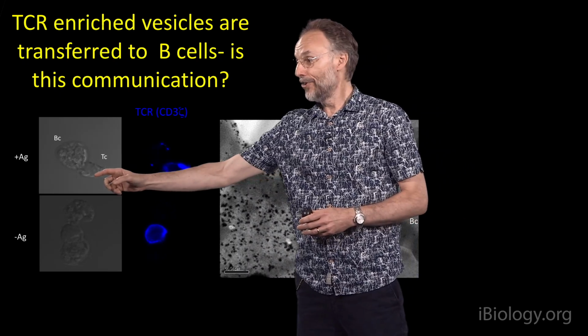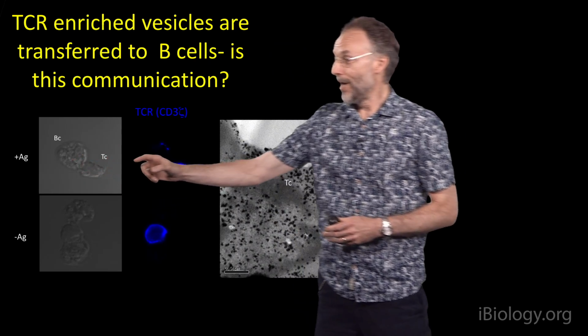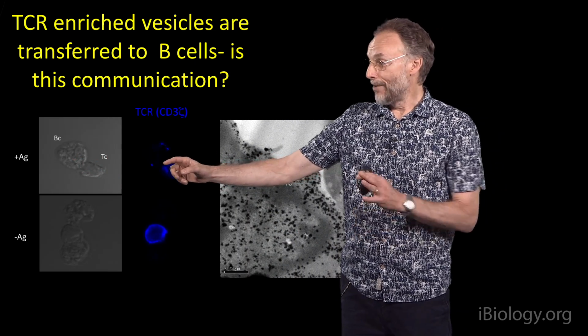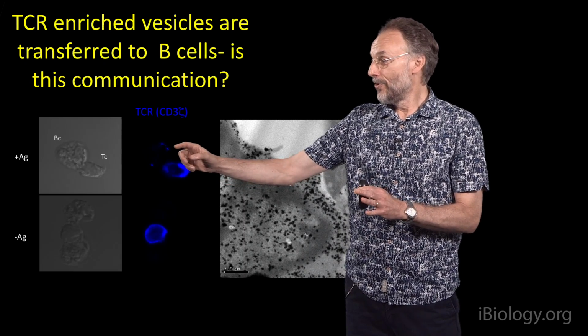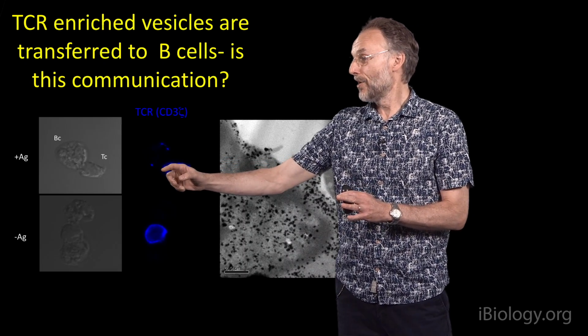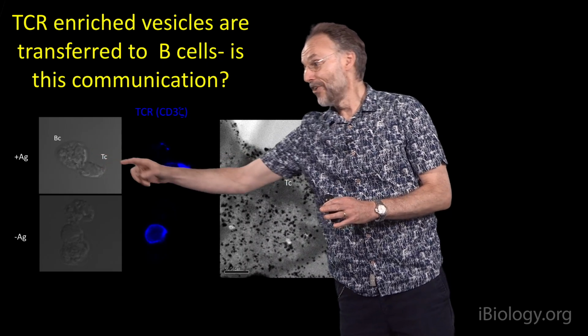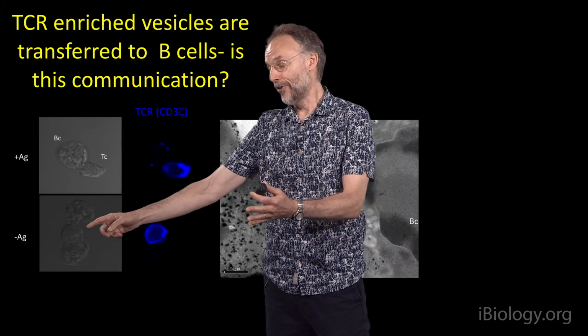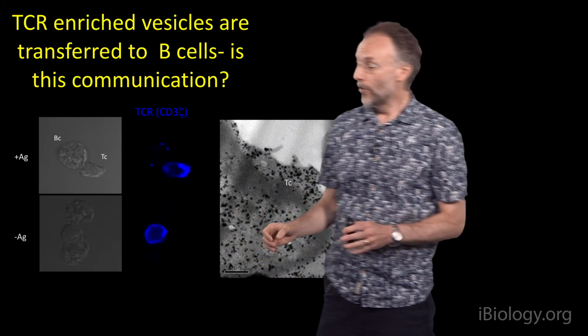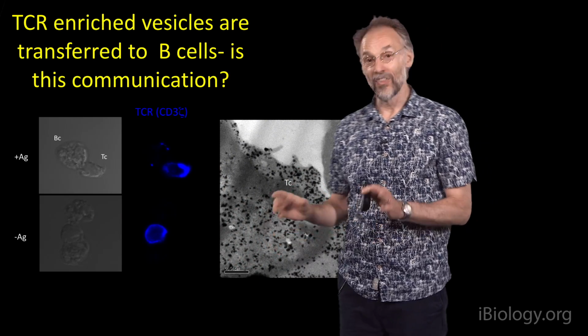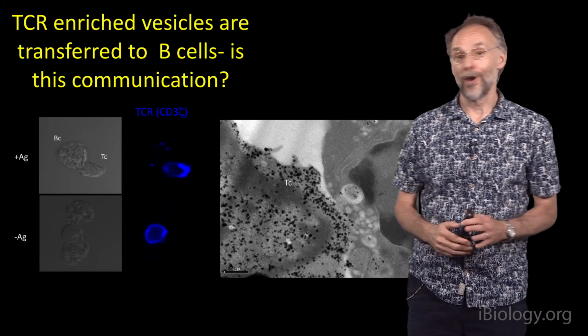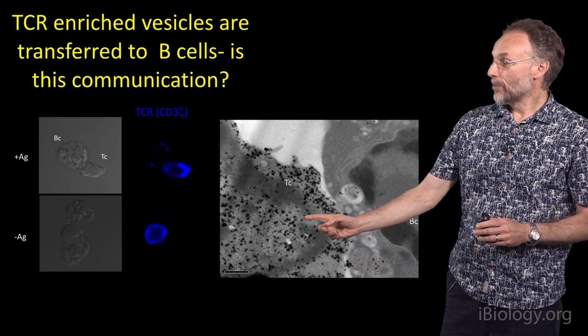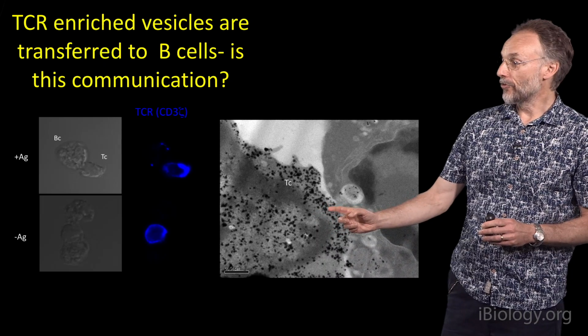So here's the T cell and here's the B cell, and basically after around 15-20 minutes, we'll see these T cell receptor positive puncta within the B cell, and this is inhibited when we don't have antigen, so it's antigen dependent, and we can also show that if we knock down TSG101 in the T cell, we can also prevent this transfer. And furthermore, if you look by electron microscopy in situations where the cytoplasm of the T